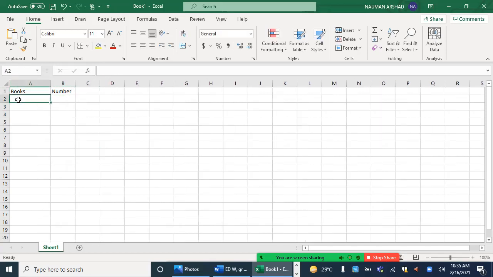Now the first name, let's say I write literacy, and suppose that you have 2 books of literacy, right? So over here, I'm writing the name of the book, and over here, I'm writing the number, how many books do you have. The next is numeracy. So we have only 1 book of numeracy. Okay, we will write the numbers afterward. Let's first make a list of books.